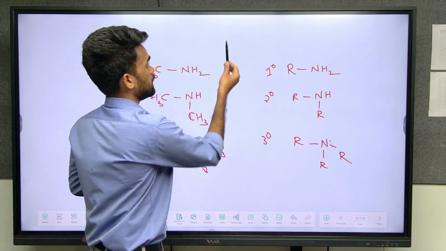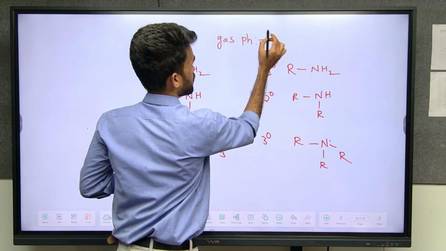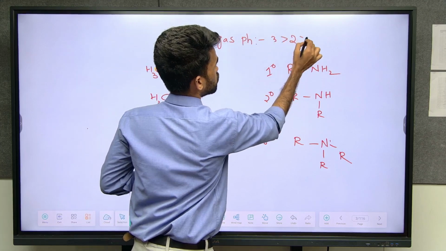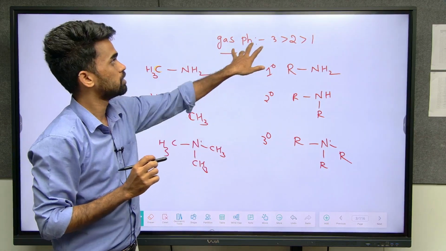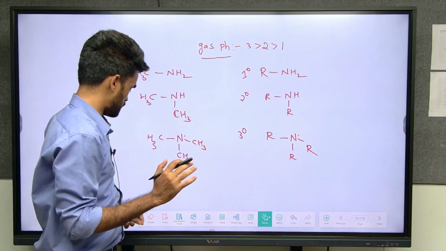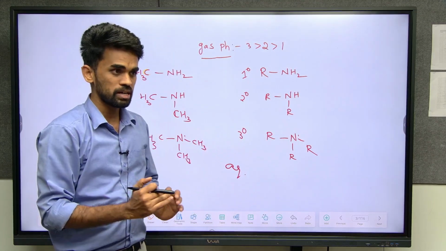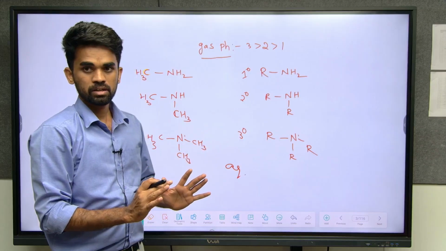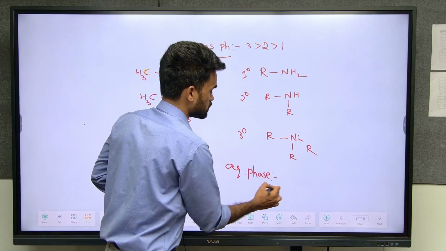See, in which phase? In gas phase, it should be 3, 2, 1. Which degree amine is more basic in gas phase? Tertiary. Now they will ask about the aqueous phase. If no phase is mentioned, consider it as aqueous phase. Okay? So in aqueous phase